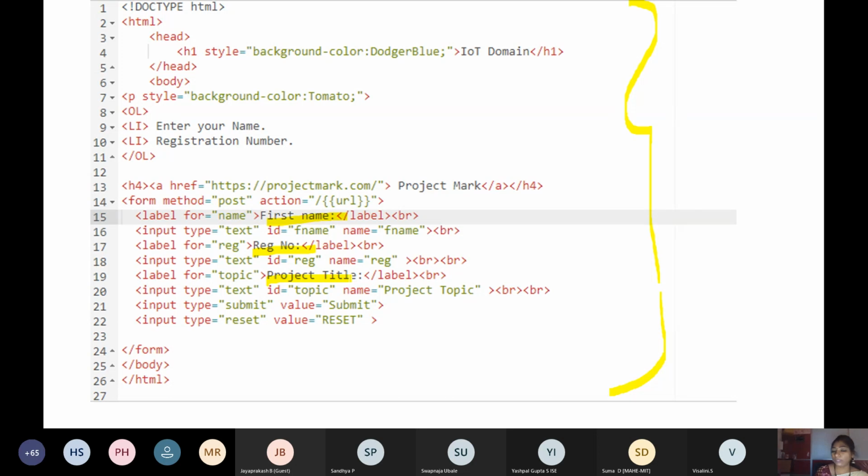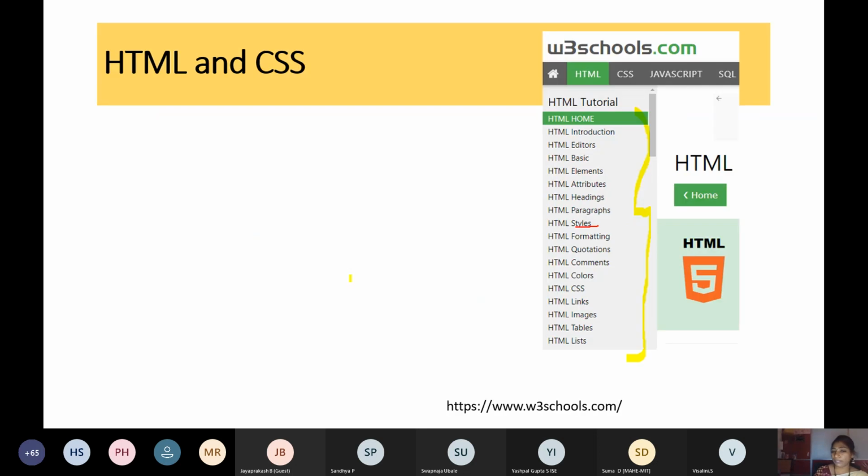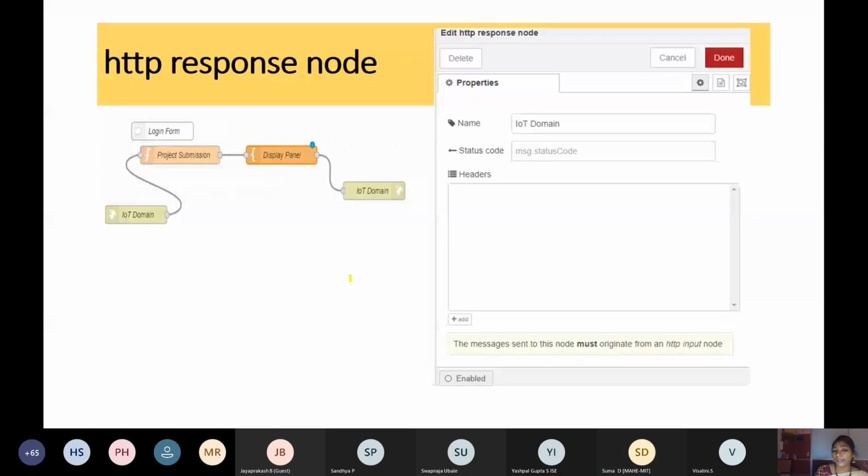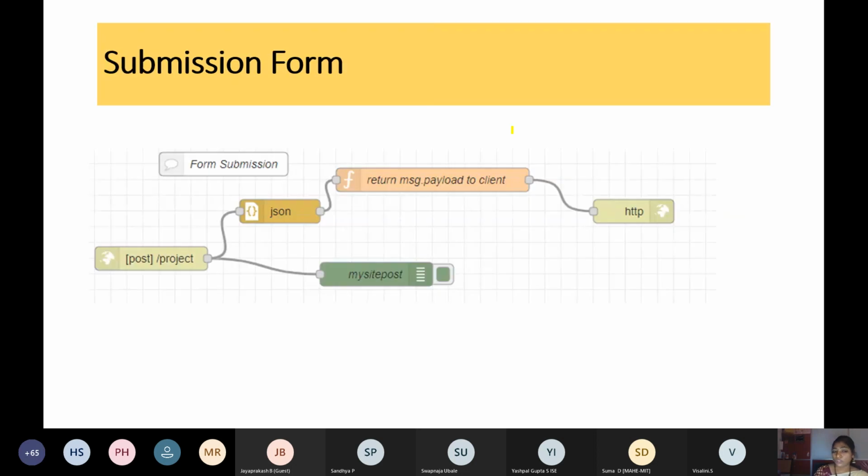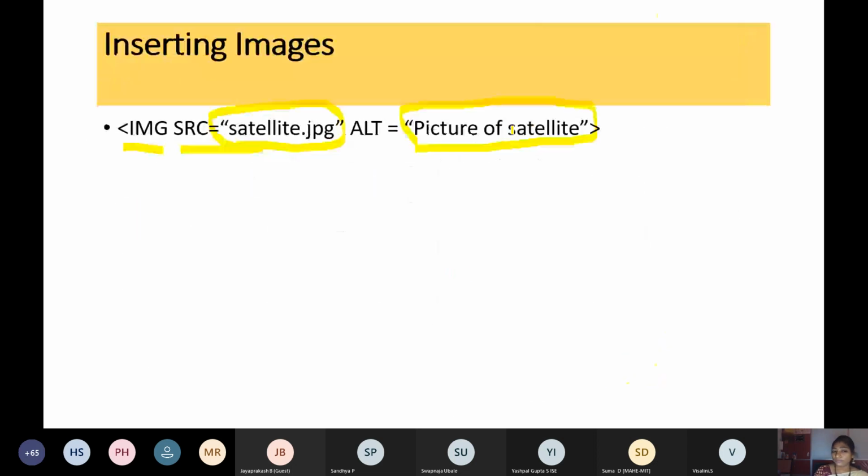You can go with the template available in w3schools.com. Then after placing the content, we are supposed to include the HTTP response node. In this response node, there is nothing to configure. You can give the name and leave it. That's it. So the login form is over.